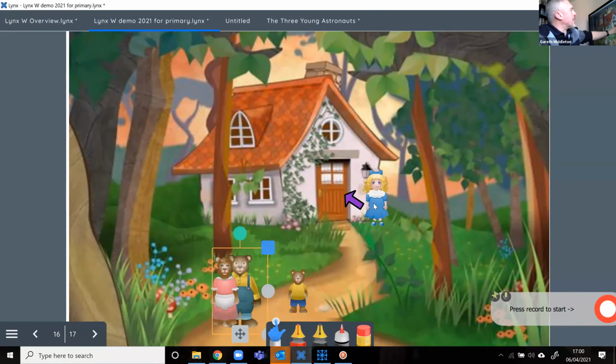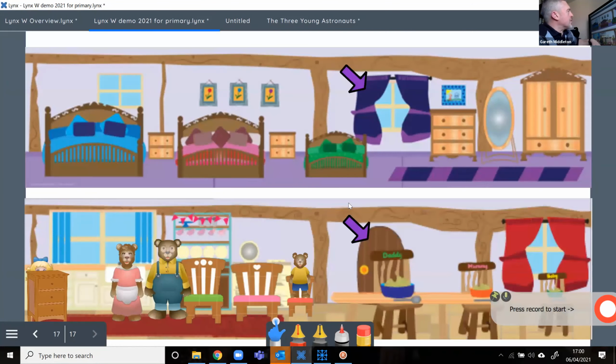So I've got Goldilocks here sneaking into the three bears' cottage, using the hyperlink onto the next page. So the children can really improve their story fluency. Over here we talk about internalizing the story language, or just you as teachers wanting to improve what the children are seeing when you're relaying